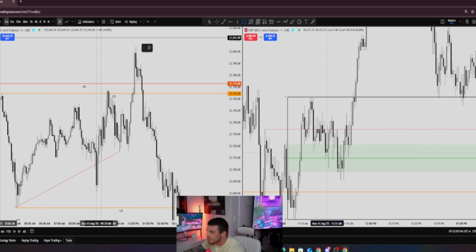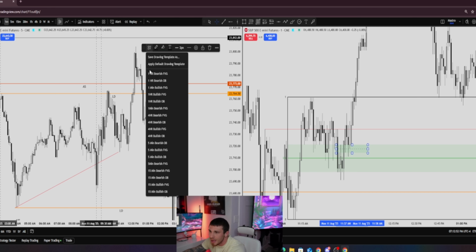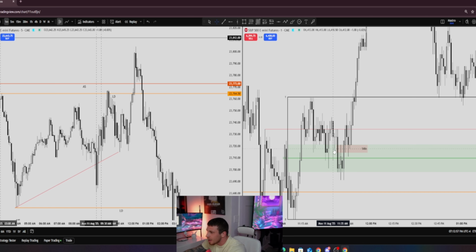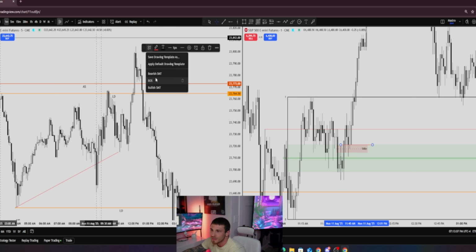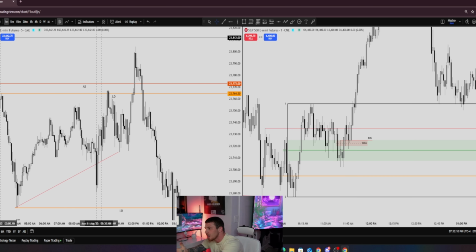Where could our entry have been? As we can see here, we formed a 1-minute bearish fair value gap. Where's my 1 minute? 1-minute bearish fair value gap, right? What do we do literally out of the 5-minute fair value gap and 5-minute equilibrium? We end up breaking structure back to the upside on the 1-minute time frame, right? Right here. And we inverse a 1-minute fair value gap. So we're respecting bullish confluences and we're disrespecting bearish confluences. We have 5 higher time frame confirmations that price wants to continue higher. And then we scale down to the lower time frame. We're respecting bullish confluences on the lower time frame also.